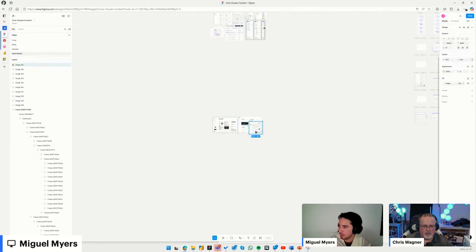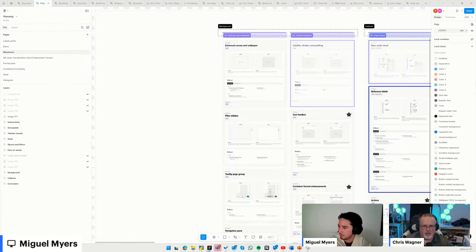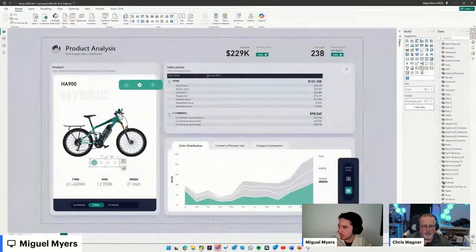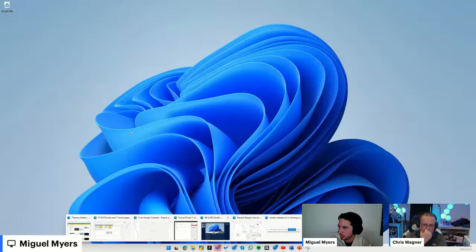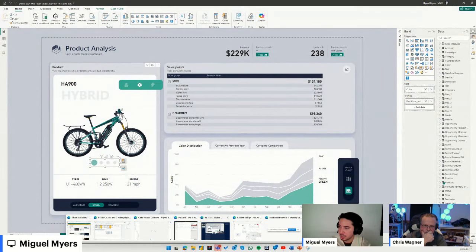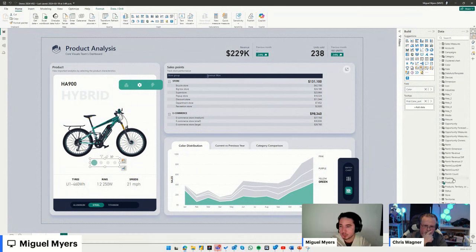Now, I see that there is a bicycle. I need to show in my report images of bicycles, like this. So now what I usually do is, if I need to display the image of the icon, what can I do? Okay, so then what I do is in Pinterest as well,